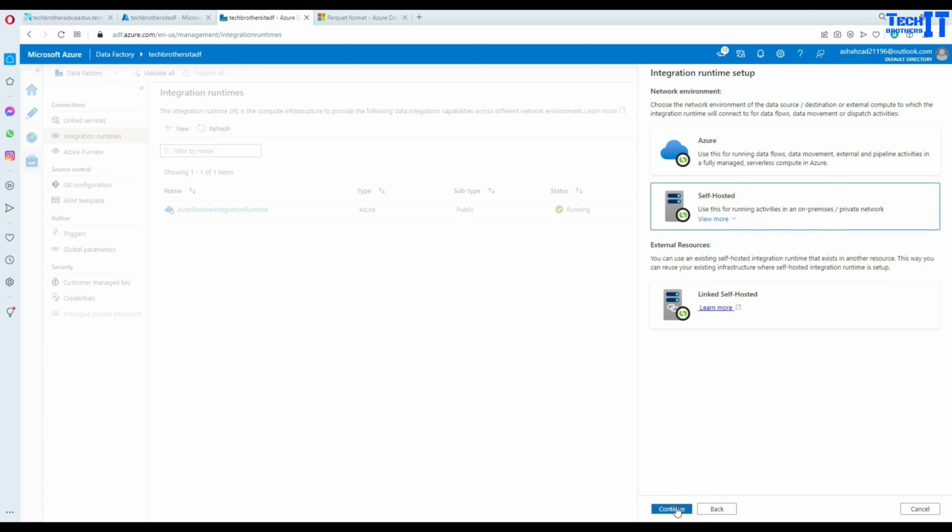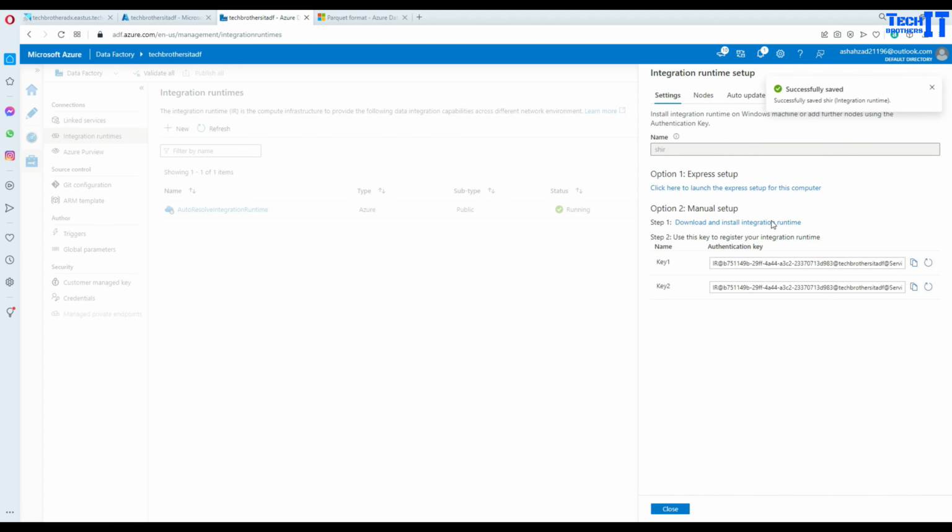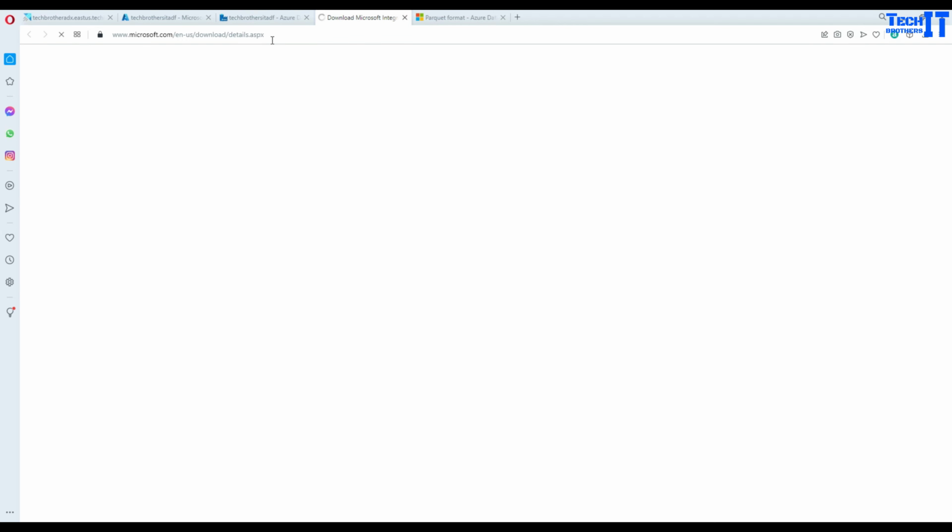Here, self-hosted IR, and let's provide some name. I'm going to call it self-hosted IR. That's all I'm going to say to it. Now it's ready, and it is asking me to download and install the integration runtime. I'm going to click right there, and then take this URL to my